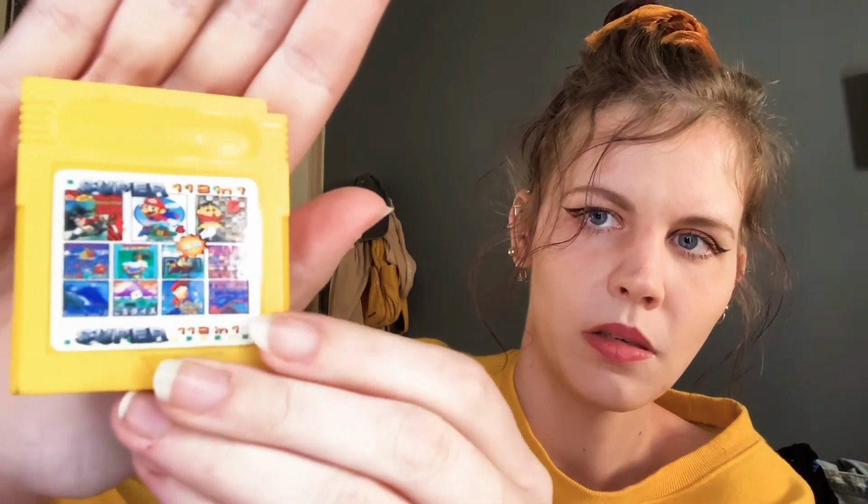Oh, this one actually isn't a Game Boy game, it's a rip-off kind of one, a Japanese one. It's not actual Nintendo brand. It's hard to explain, but they've got lines through the O's, and instead of TM for trademark they have TN. So it's very sneaky, because I actually picked this game up thinking it was a Game Boy game, and then the guy was like, oh, I don't know how that got in here. That's not an official Nintendo game, and just gave it to me for free,